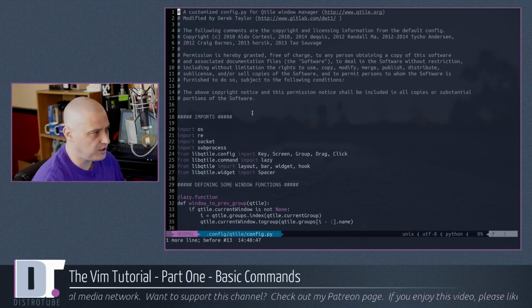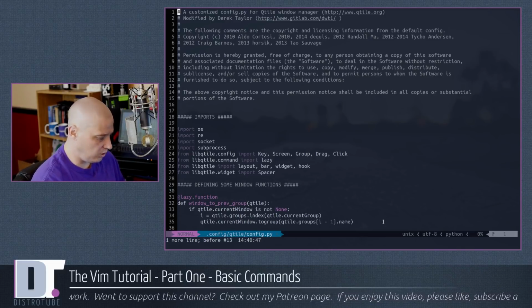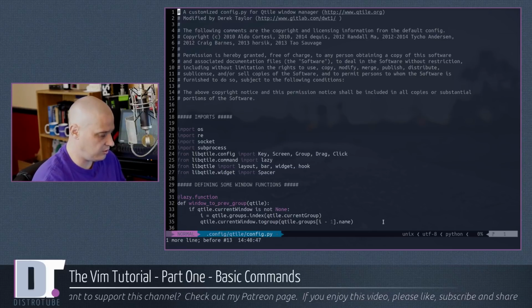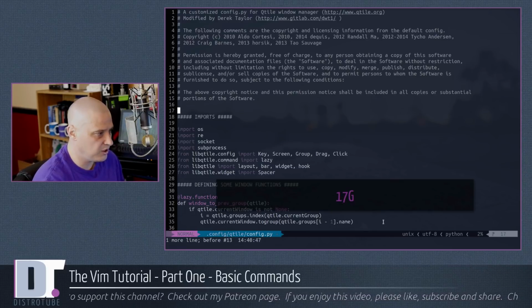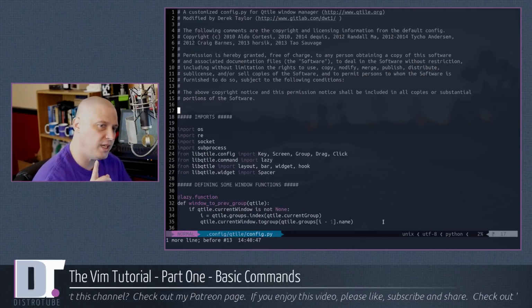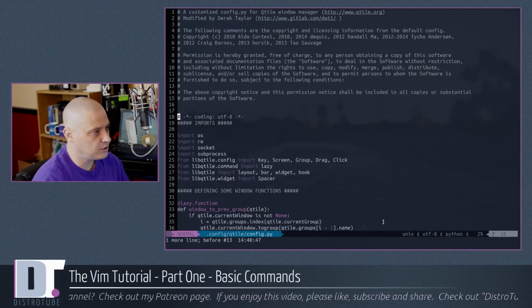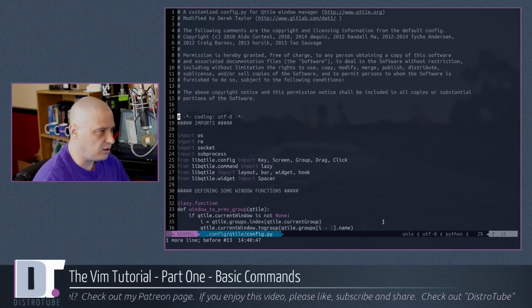Well, how about this empty space right here on line 17? That's where I want to put that line that I just deleted. Well, first of all, I'm going to 17 shift G. So 17 capital G gets me to line 17, and then I type P on the keyboard. And you see it puts that text, actually it put it on line 18, it puts it on the line